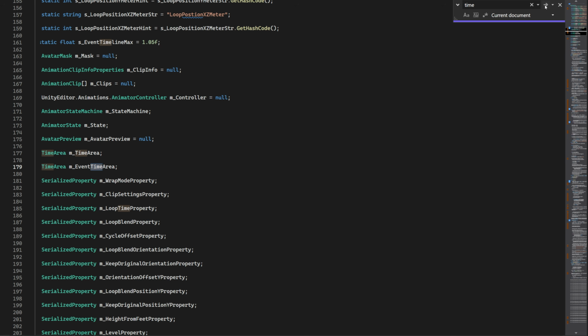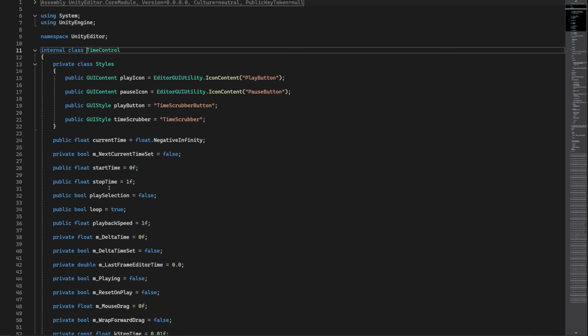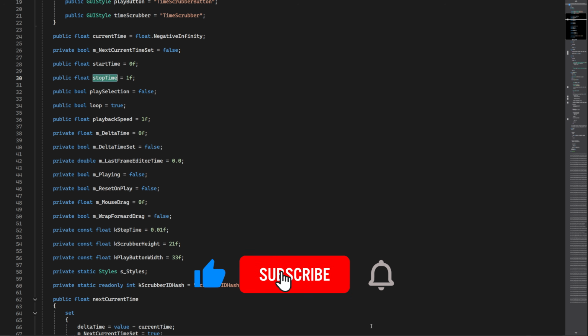So we'll search through this editor class. We'll come to the conclusion that we need to set the avatar preview's time control stop time variable. I just saved you a good hour tracing the code with that statement, so maybe consider giving this video a